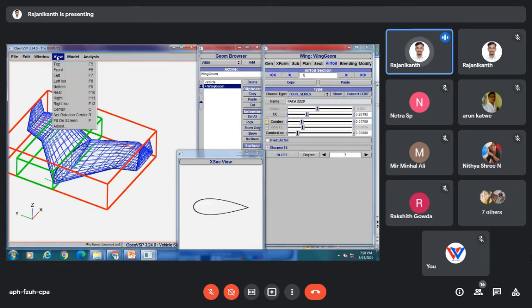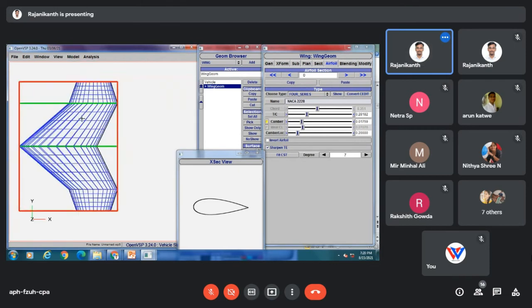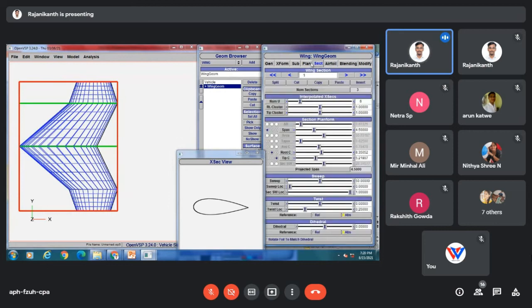Similarly you can jump to the next section, and you should understand that when you come to that particular section, currently I'm on the first section, so in this case this one is our root chord and this one is our tip chord.